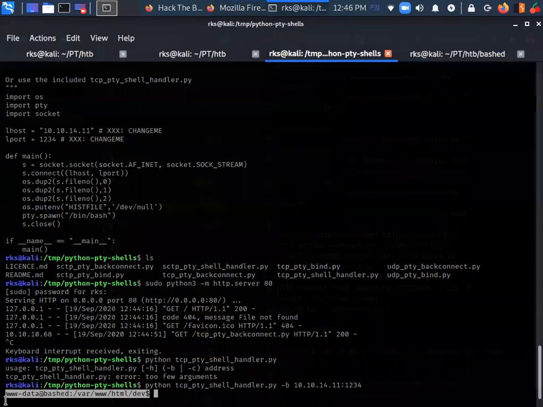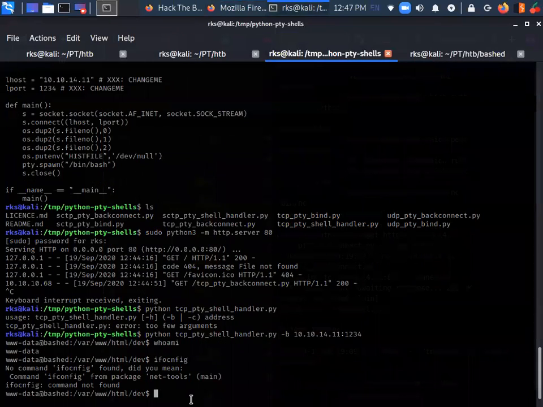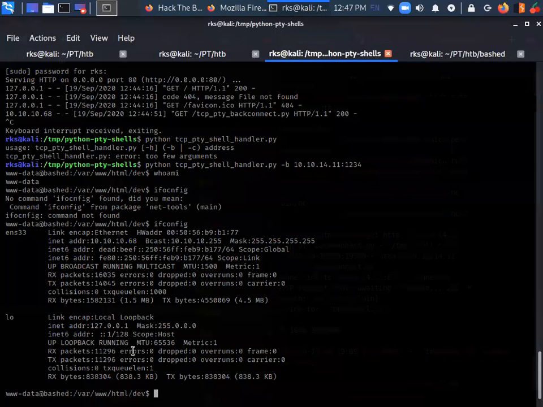Okay, so who am I? ifconfig, sorry, ifconfig. So now I am inside the target machine, but with what privileges? With very low level privileges.